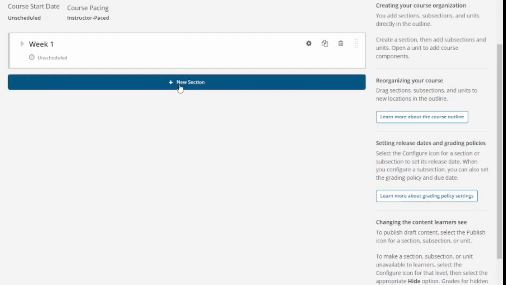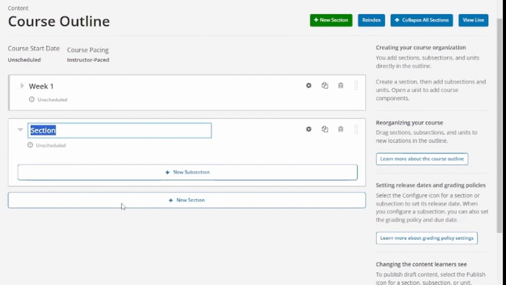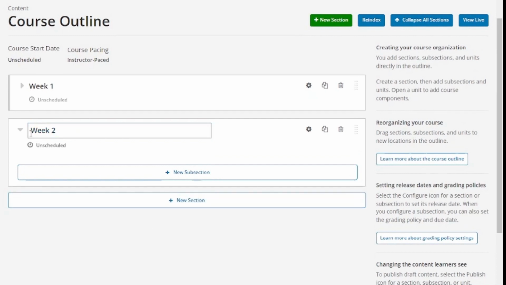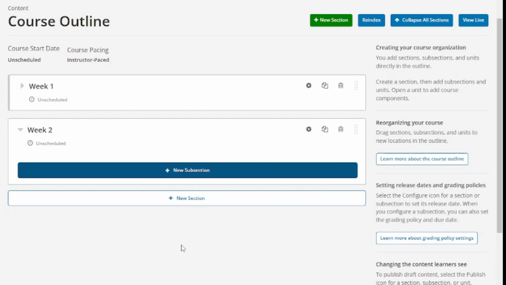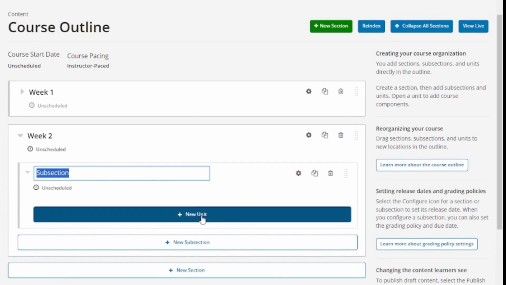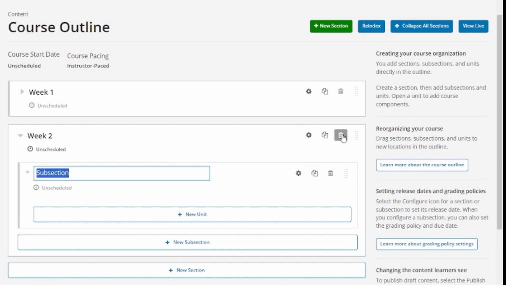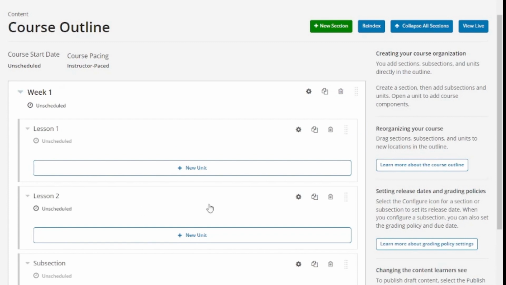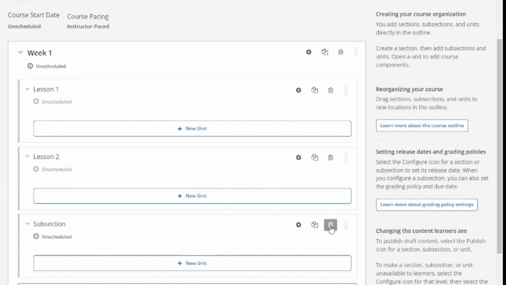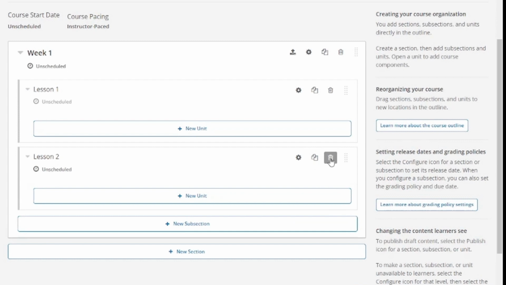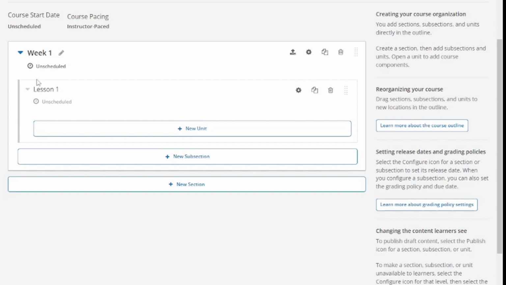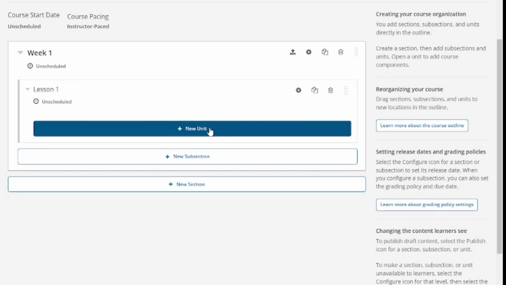And if I click my week, I can see that I can even have a new section for my second week of teaching. And the same goes here. I can add subsections, rename them, etc., etc. Now I'm going to delete the entire second week. I will open my first week, and I'm just going to leave it with lesson 1 and see how we can populate that. So here with the section named as week 1, subsection named as lesson 1,